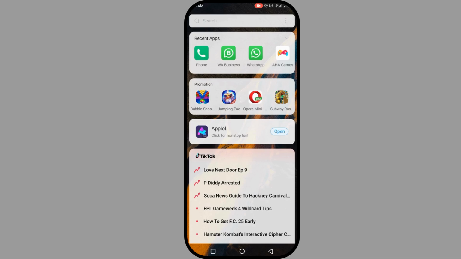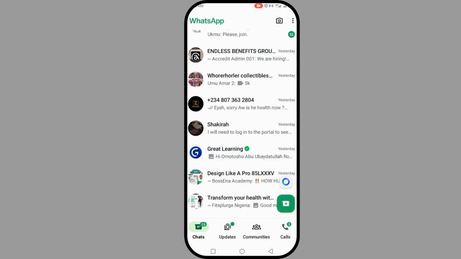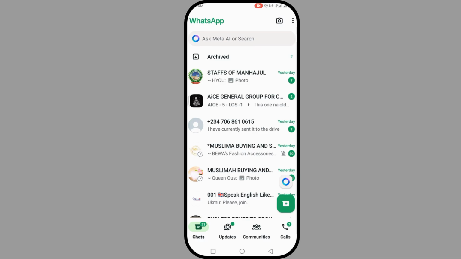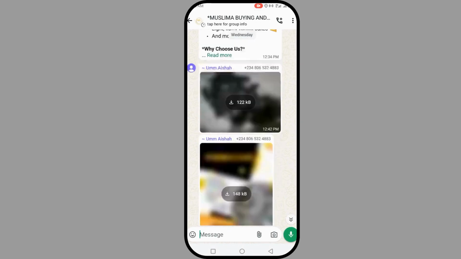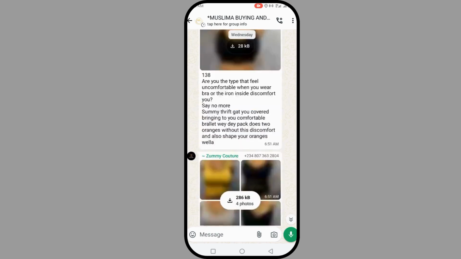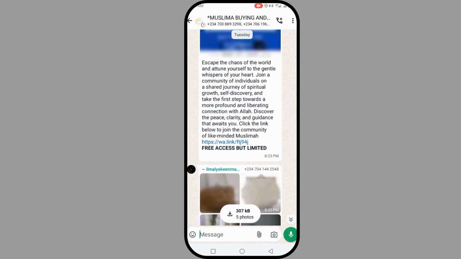Let's go. Alright, you open your WhatsApp. Now this is my WhatsApp. I'm going to click on the chat I want to delete. This is the chat. This chat is too much, and I want to delete everything once and for all. What we need to do is